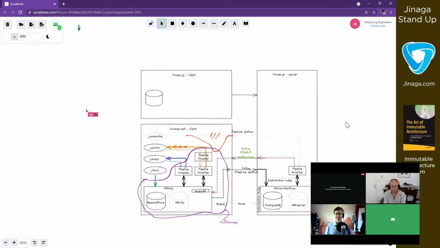We're targeting a few different stacks. So Blazor is a big one, but also Xamarin. And so for Xamarin, Janaga.net would be running fully on the client, and that would be taking advantage of these mechanisms.